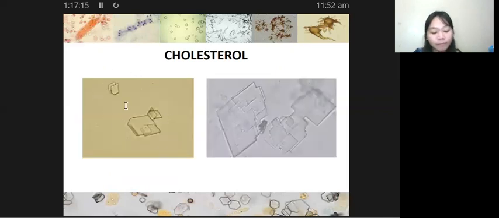Okay? So we have here, nakita naman ninyo, yan. So, ano ang kanyang appearance? Rectangular plates with notches. Diba? Ayan, may mga notch po siya. And then, staircase pattern kasi nga, parang ganyan. Ayan, ito, parang staircase pattern po siya or broken window pane. So, para siyang basag na glass. 'Di ba? Glass windows. Alright, so that is your cholesterol.